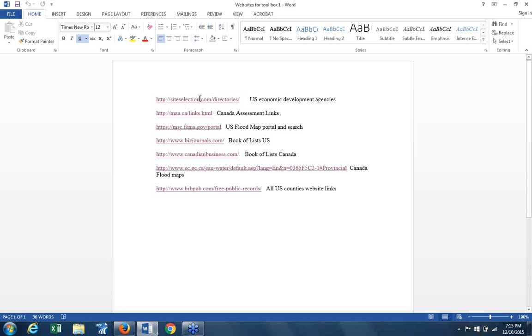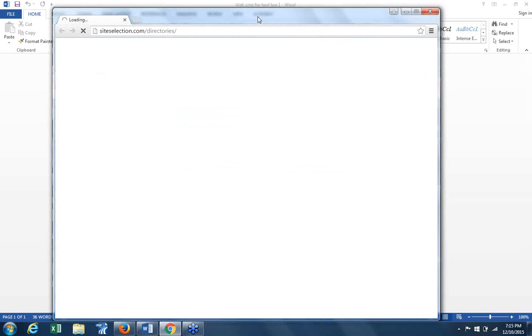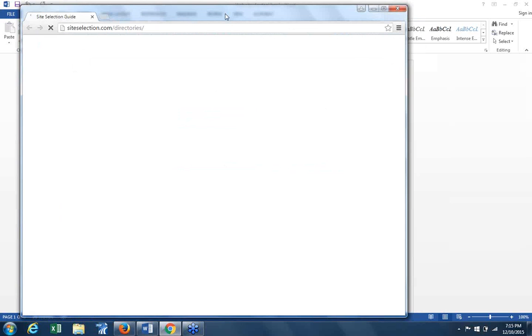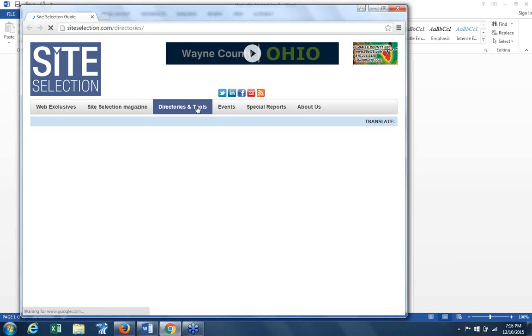I had trouble with this earlier. There was a broken link, but I just want to show you. This is where the site selectors deal in. This is where we get a lot of our information, our directories, when we're doing moving companies and things of that sort. But the reason I wanted to show you this was they've got a directory section in here. And in there, you can go by state. Go to Tools and Directories. We were having a little bit of trouble. I had a hard time with this site here. There's something wrong with the site. So that's siteselection.com. Okay.